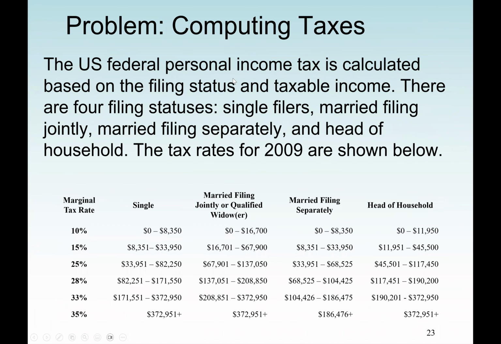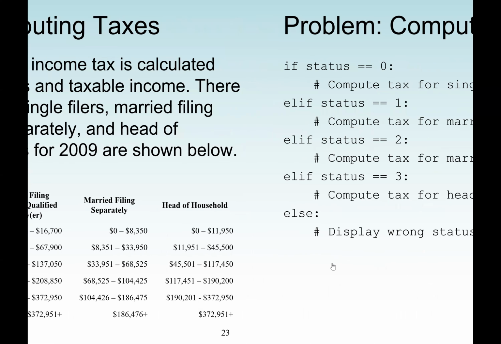So this question, again, computing tasks, we know based on your income, based on your family size, you may pay different percentage. So for example, married filing jointly, or qualified widower, these are the amount, and also the marginal tax rate is given to us. If you are single, this is where you fall. If you are married filing separately, or head of household. So based on these different conditions,